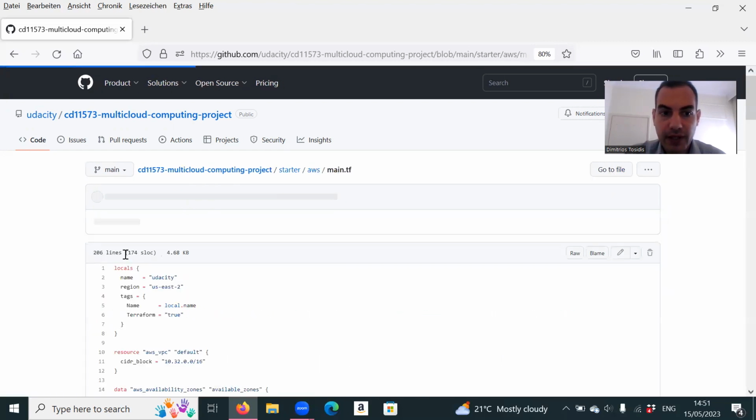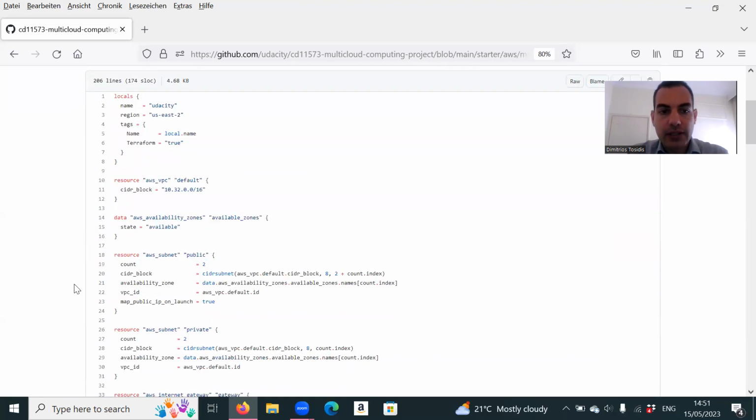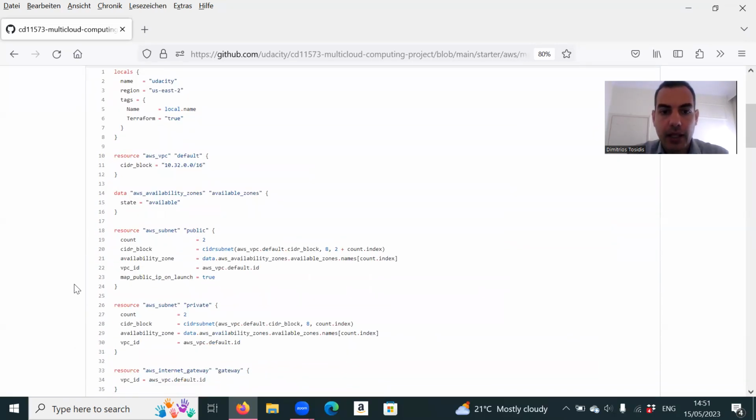Here's the main.tf, which has the Terraform code. Okay, as you can see here, there is some code here already that is gonna deploy some infrastructures. And in this infrastructure, you are gonna deploy your two services that are described in the overview, in the overall description. Okay, so there is some code here at AWS. You don't have to know this. I'm gonna read it in order to understand a bit more the project and to understand a bit more what's going on with the AWS